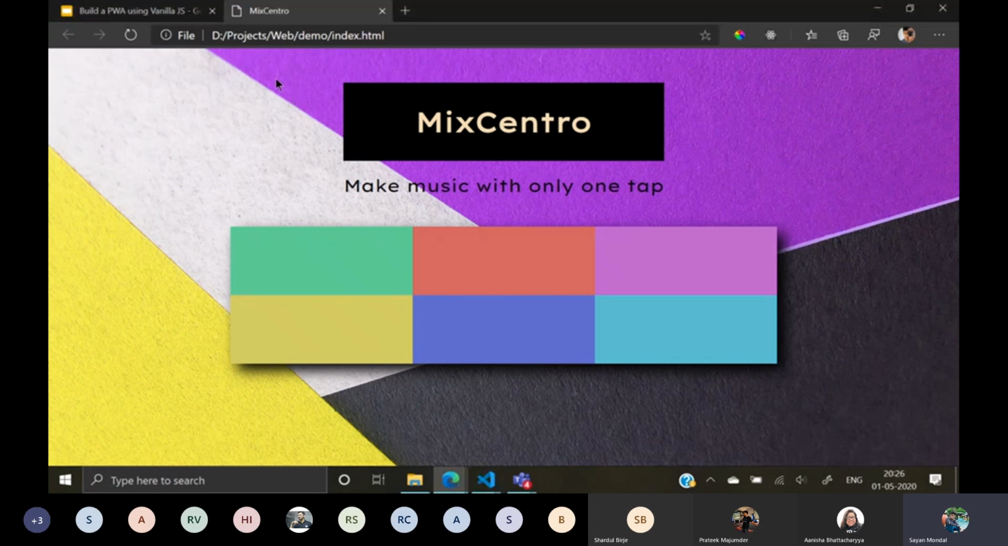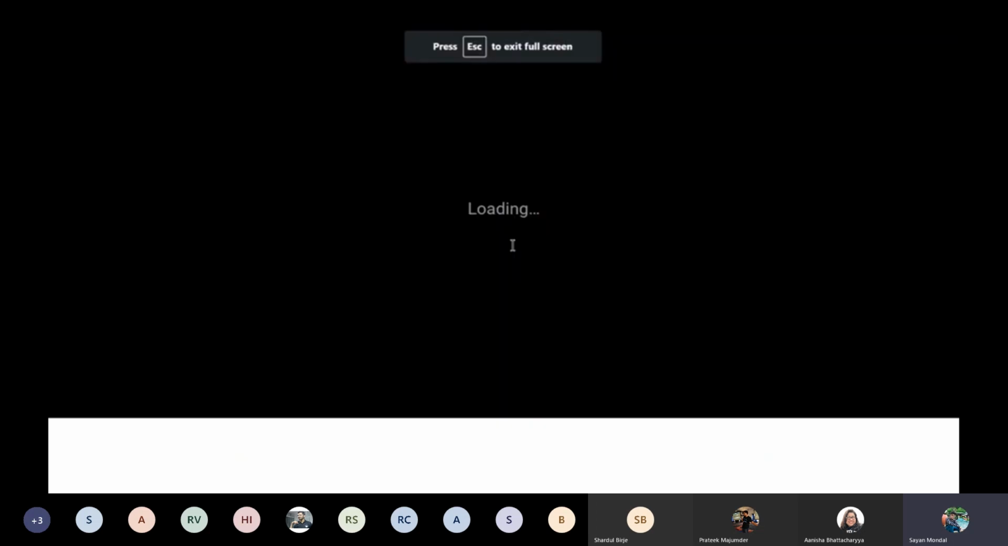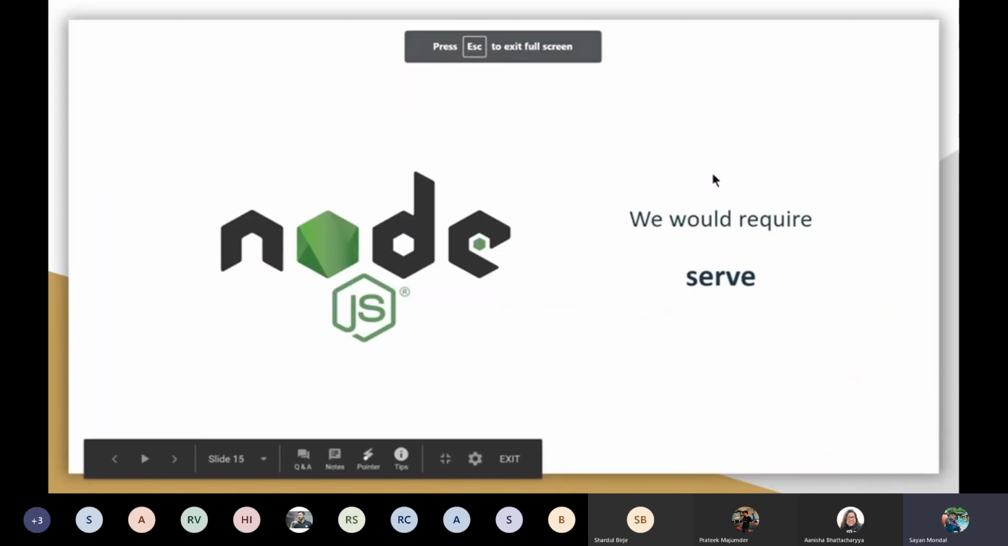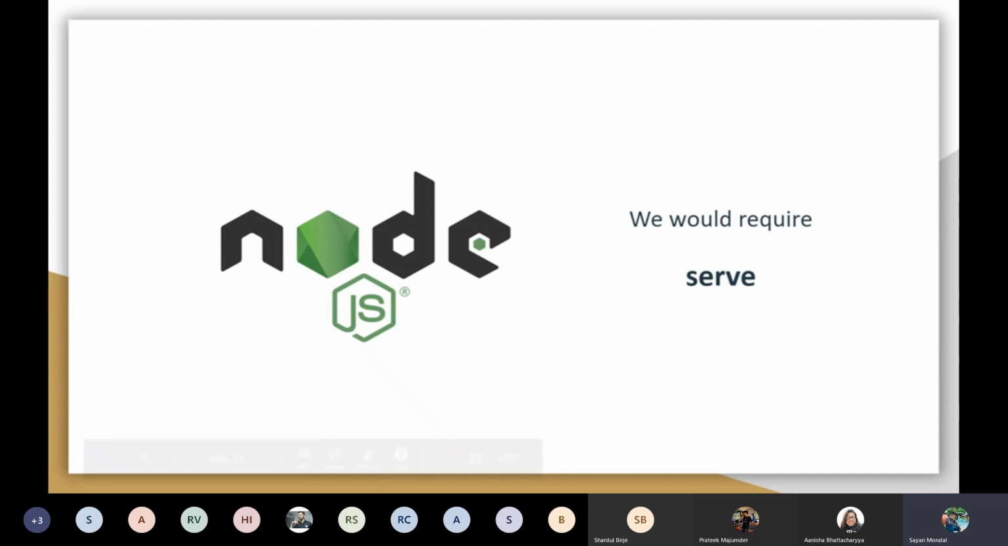So now let me go back to my slides and start again. Okay, now what do we require? Now we require something called serve. Now what is serve? Serve is a package provided by NPM. We can also use Yarn, which I prefer more than NPM because NPM is a little bit slow according to me, and Yarn's performance is much better, and you do not need to write a lot of commands in Yarn. So I generally prefer Yarn, but for those of you who do not know what Node or